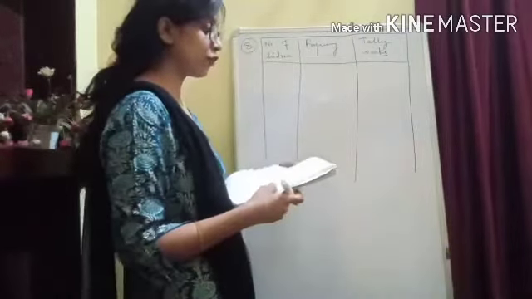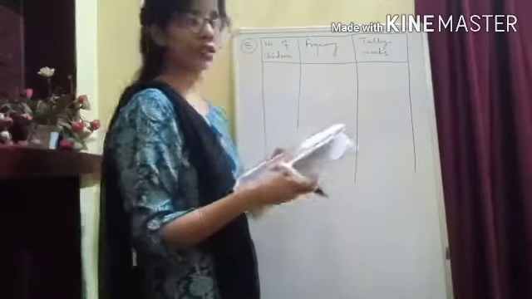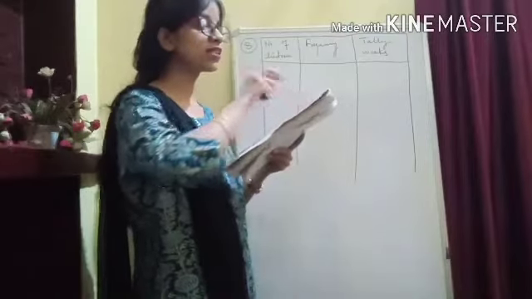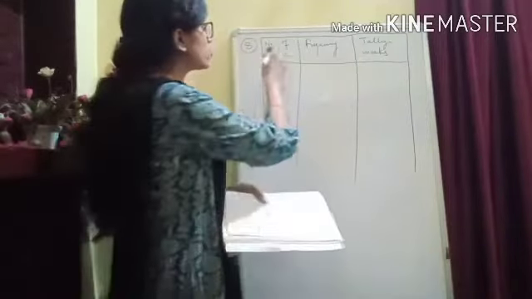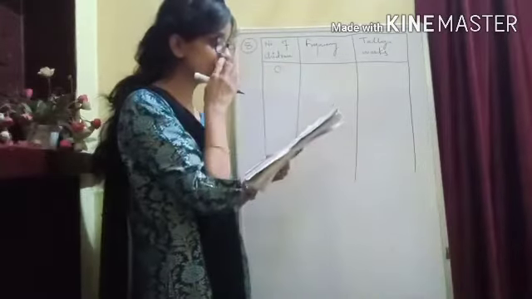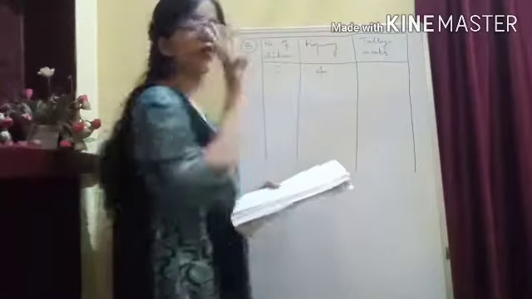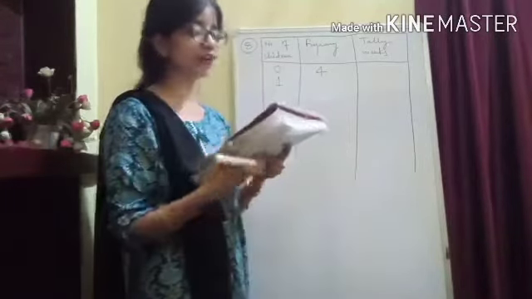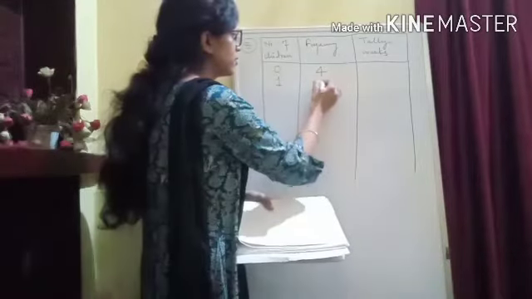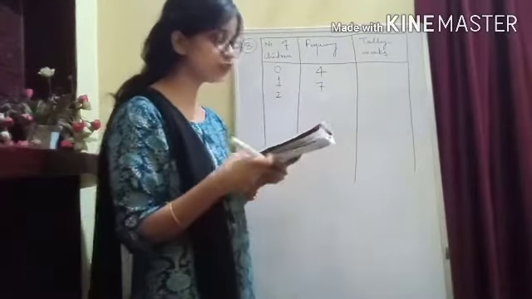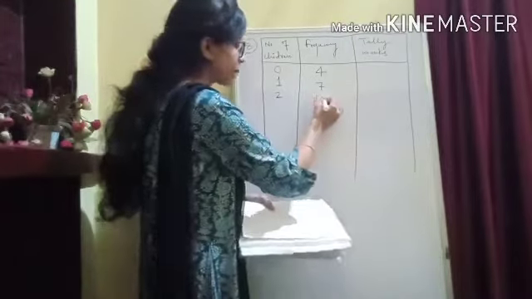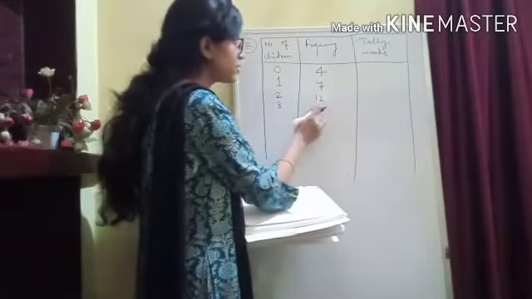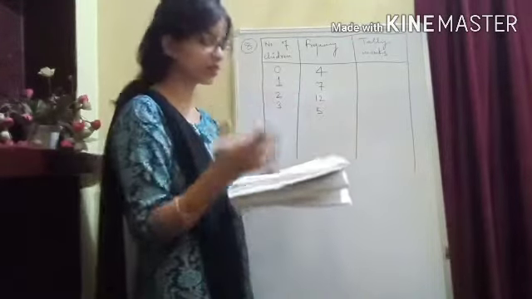Now since there are 40 numbers given, just to save time I have already written the number of children. In some of the families there are no children, the value is given 0. So number of children 0. How many times is 0 occurring? 4 times. That means there are 4 families which have no children. Then number of children 1. How many families are having 1 child? 7. Then 2. How many families are having 2 children? 12 families. Then 3 is 5. 5 families have 3 children, or 3 is occurring 5 times.